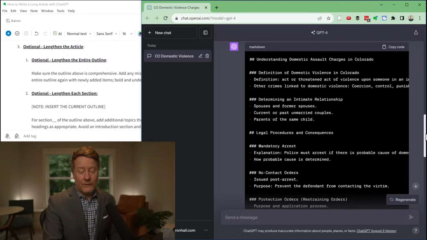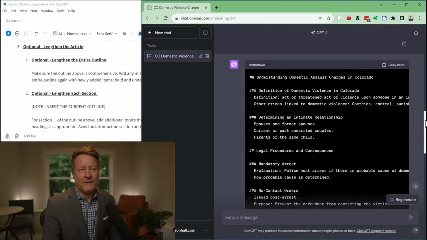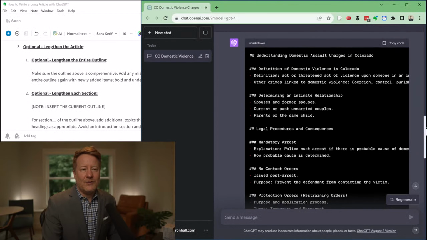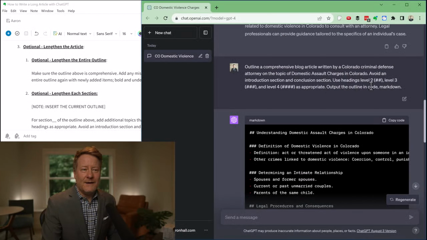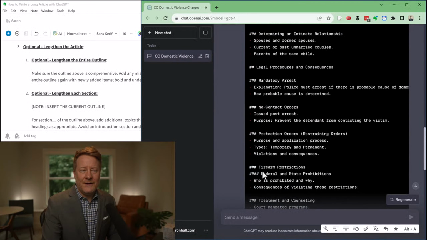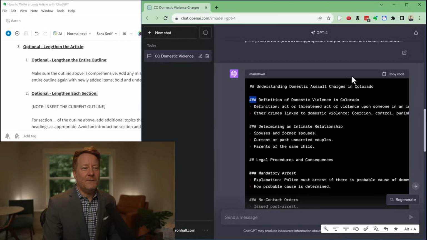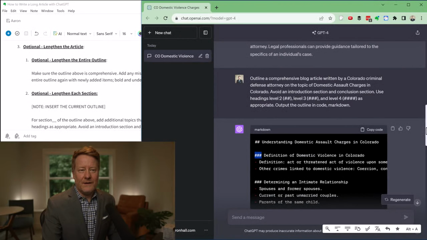So we're just going to try to get a really good first draft of an article on all these topics. Now, you may be looking at this, and by the way, see how I can just copy the code? That's the benefit of having ChatGPT write this in code. I said output the outline in code, and now we get this black box. So it makes it really easy just to copy text from there. And then markdown is like these little number signs here, and there are going to be some other little indications as we go on. But all right, so we have a decent outline here, I assume.